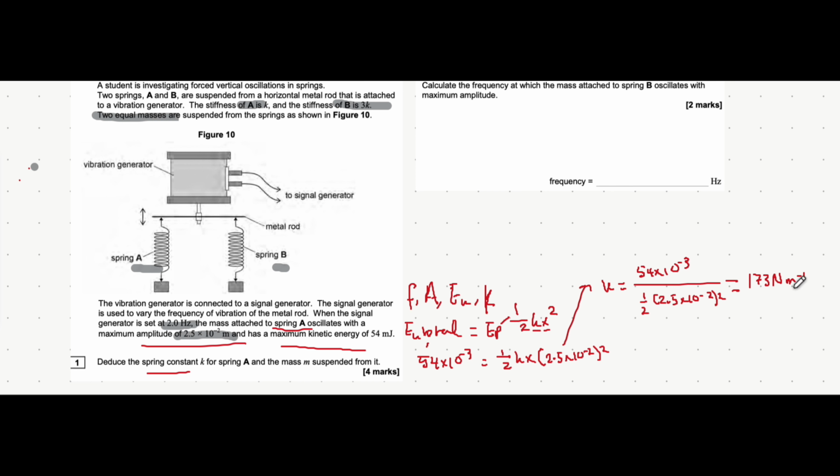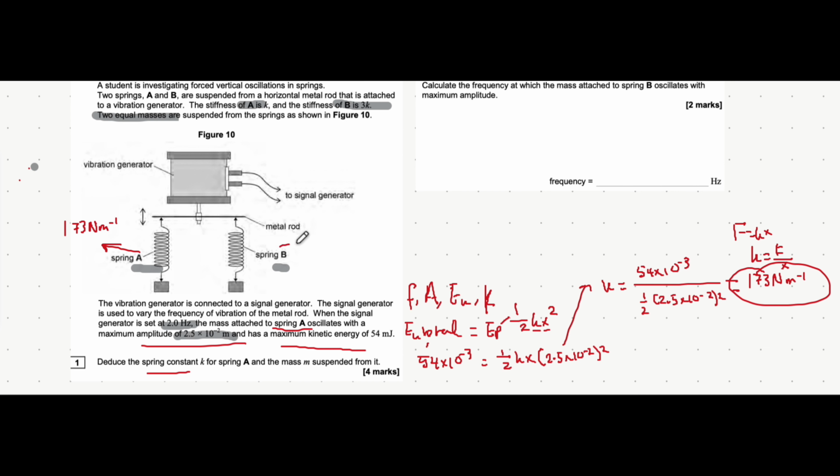The reason spring constant is newtons per meter is, if you remember Hooke's law, F equals kx, if you make k the subject, it's force divided by extension, so it's newtons divided by meters. Great. Now that we know the spring constant of this spring, it's 173 newtons per meter,